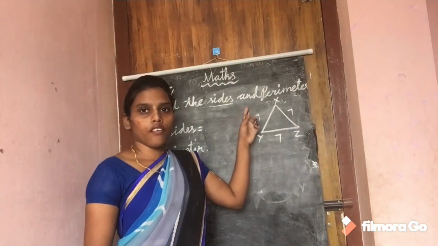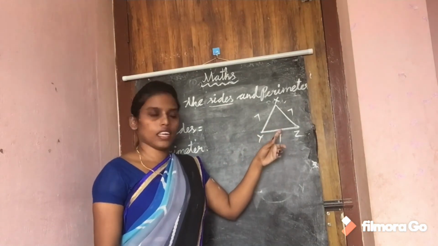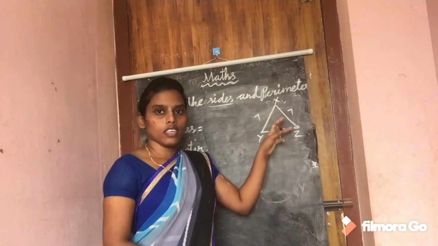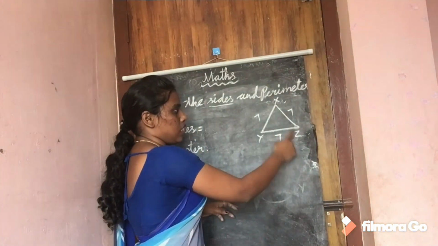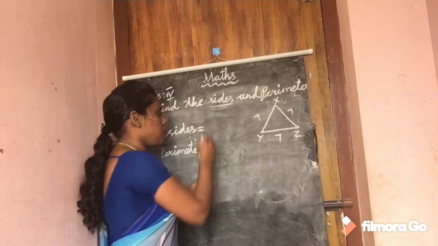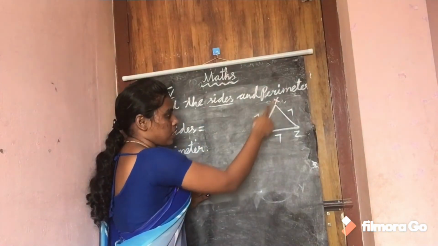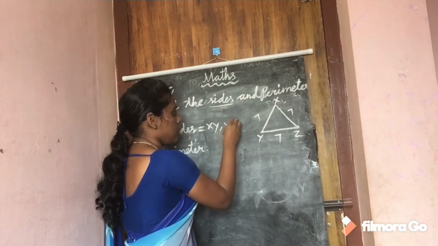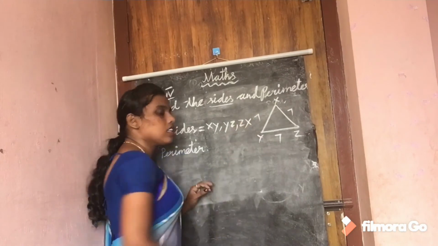Okay, children, I will do one more sum for you. See, here what shape you can see here? Yes, it's a triangle shape. How many sides are there in a triangle? Yes, it has only 3 sides. X, Y, Z. So, what is the 3 sides, children? We are going to find out the sides now. Now tell me, X, Y is here one side. Then Y, Z is here second side. Then Z, X is here third side.